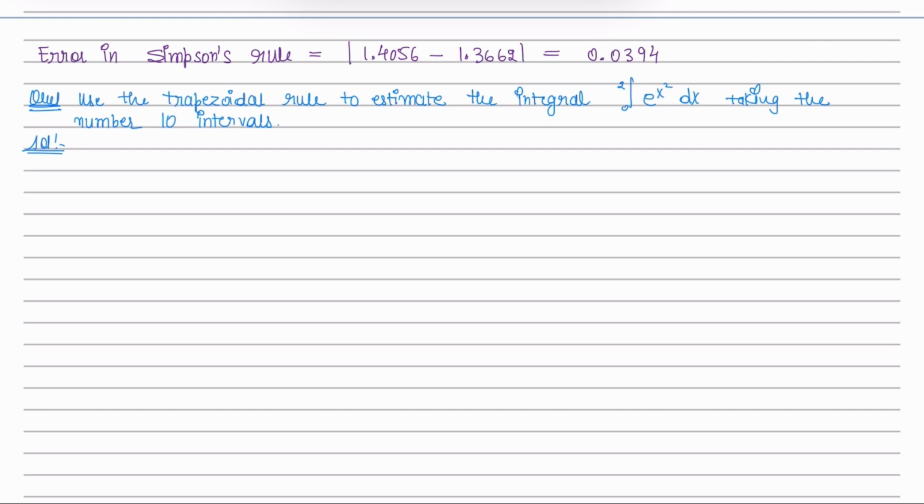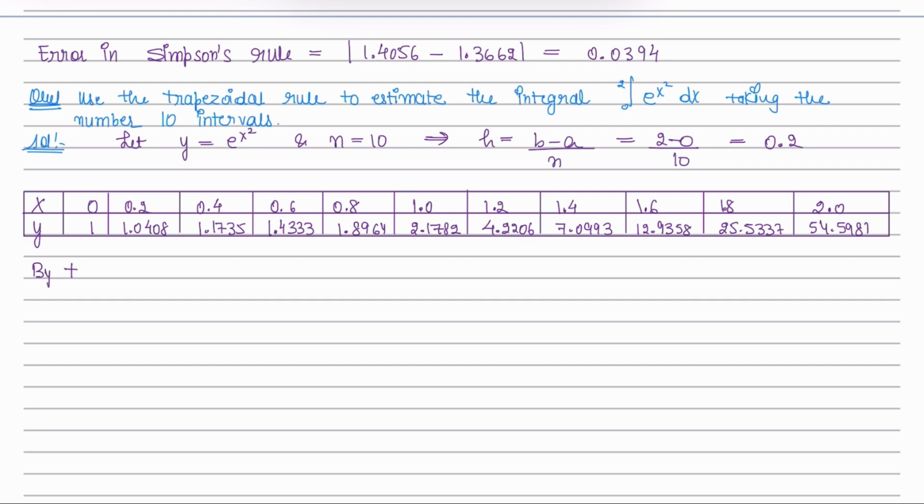Since we have to divide this interval 0,2 into 10 equal parts, we have to take the value of h accordingly. Let the value of y here be e to the power x square and n equal to 10, which means the value of h will be b minus a divided by n, which is 2 minus 0 by 10, and the h value is 0.2. The values of x and y will be